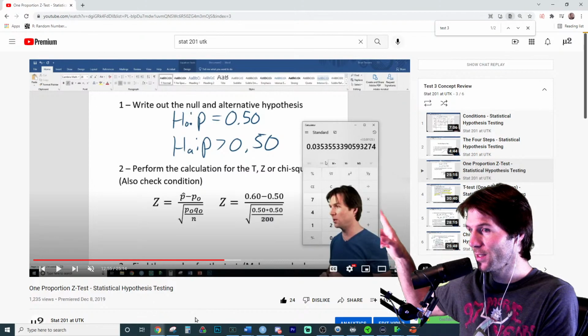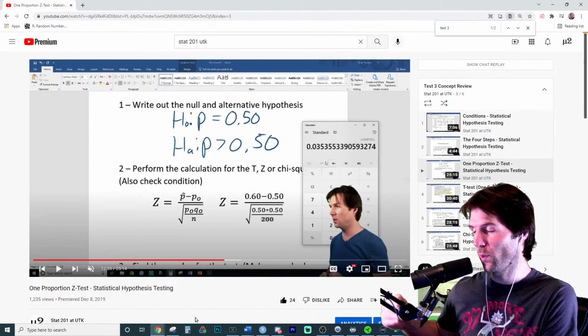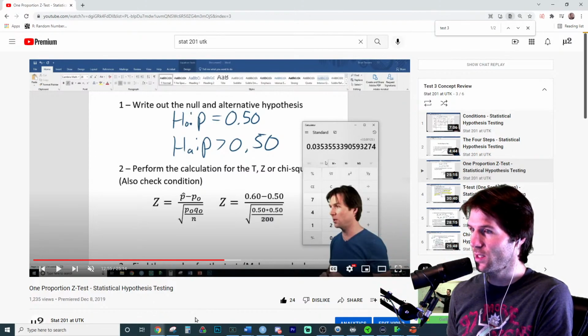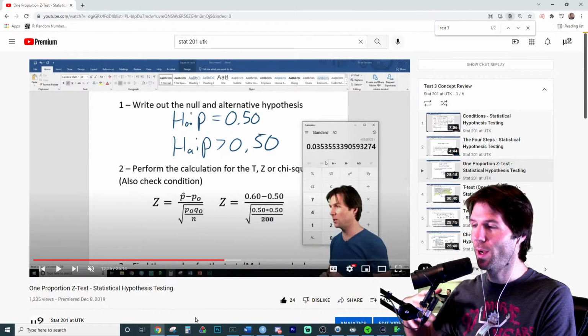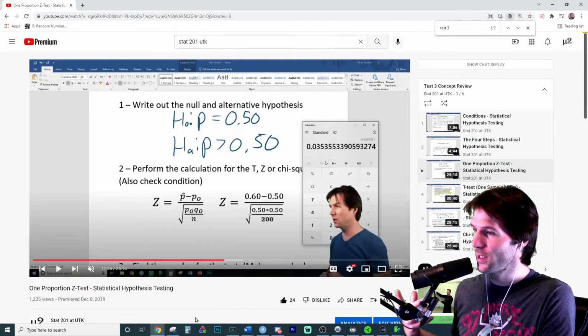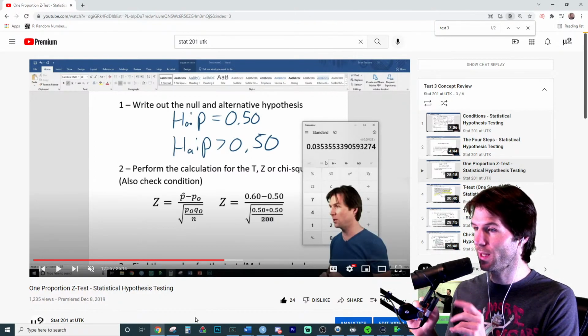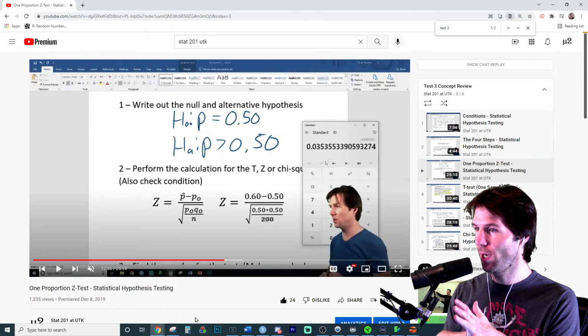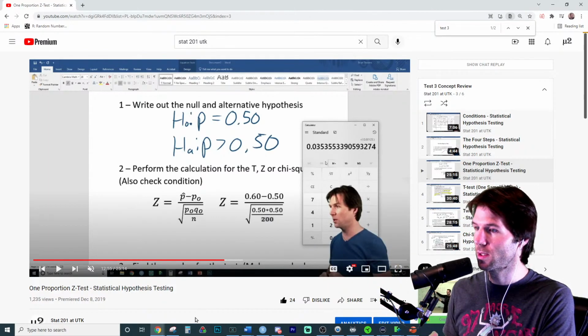And if we find a z-score, what would we then use that z-score for? If you know the steps of hypothesis testing, once I get my z-score, what am I going to do with that z-score next? We'll do the acid rain question here in a second. I get a z-score, and I'm now going to take that z-score and find my what next?